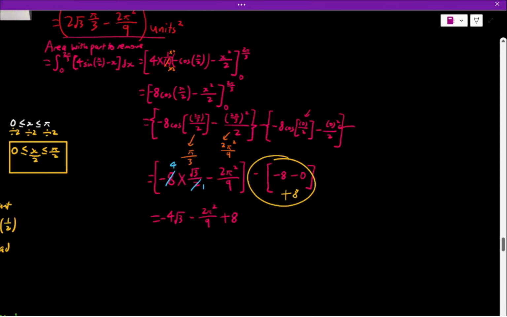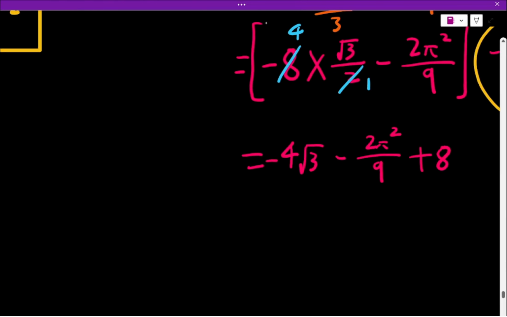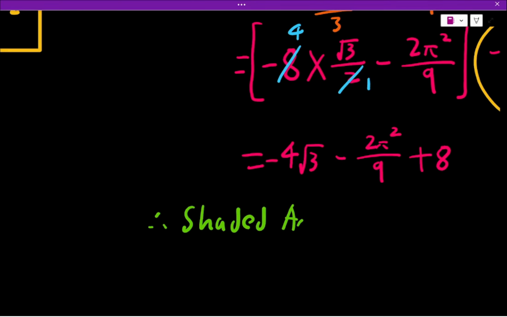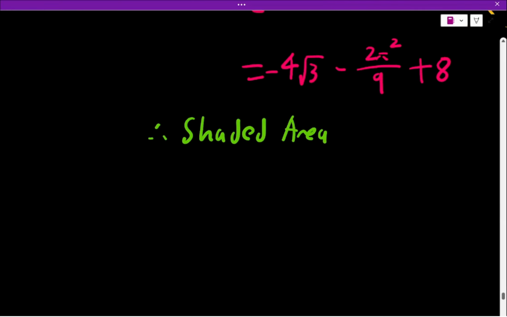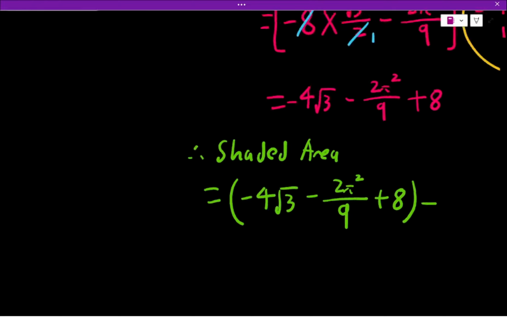So, therefore, shaded area, we are in the home stretch. Okay, so this is going to be negative 4 root 3 minus 2 pi squared over 9 plus 8 minus